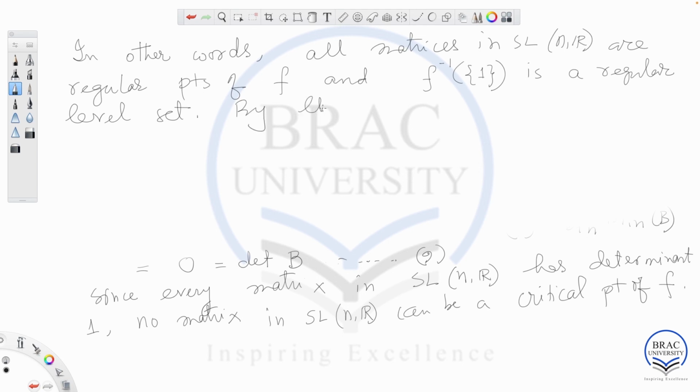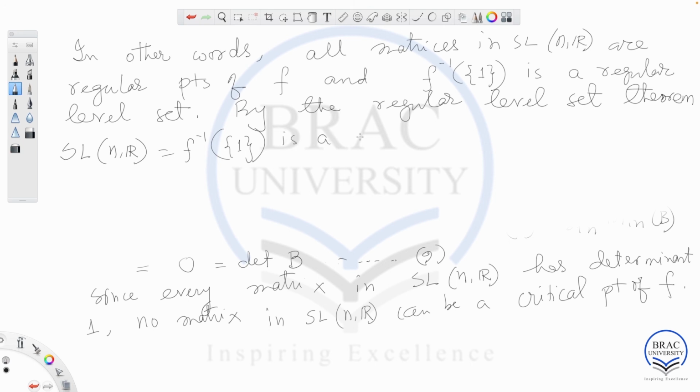Now, by the regular level set theorem, which gives us the sufficient condition for a subset to be a regular submanifold, according to that theorem, SL(n, R), being equal to this regular level set, is a regular submanifold of GL(n, R)